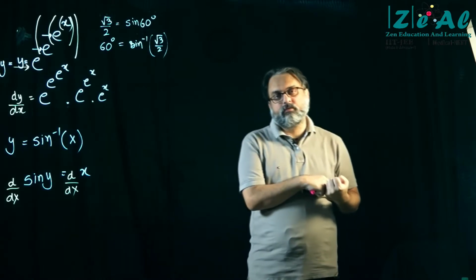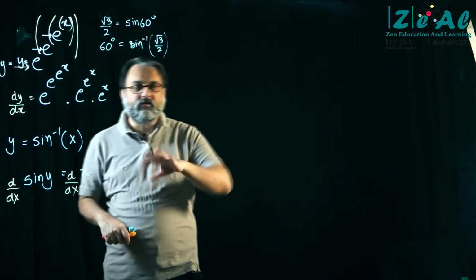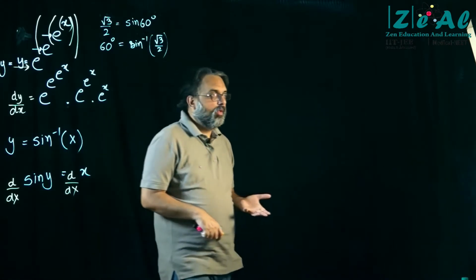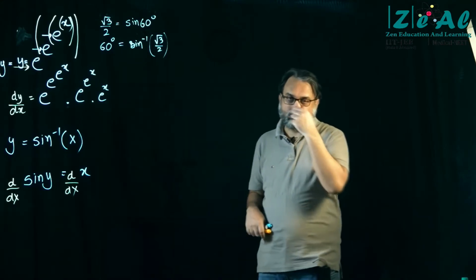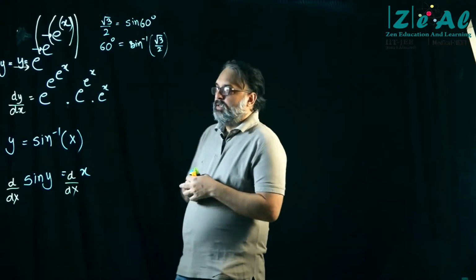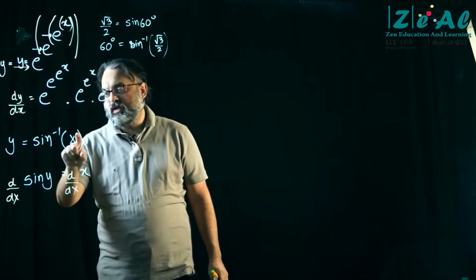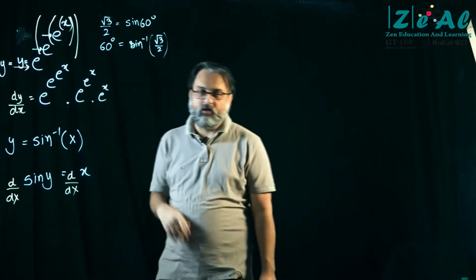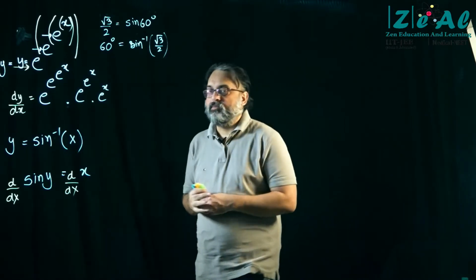So a function where the input will be 2 and the output will be 4 will be the inverse function. In this case it will be square because 2 square is equal to 4. Just like that the sine inverse operator is there. Please do not confuse this with sine x raised to the power -1. No, it is not that. It is not 1 over sine x. It is something else.